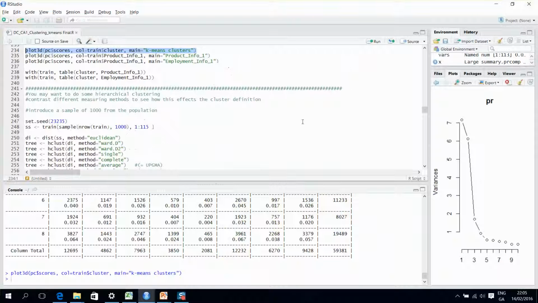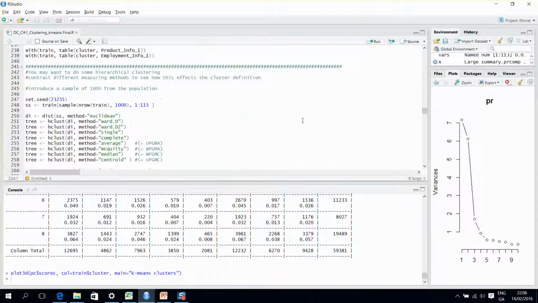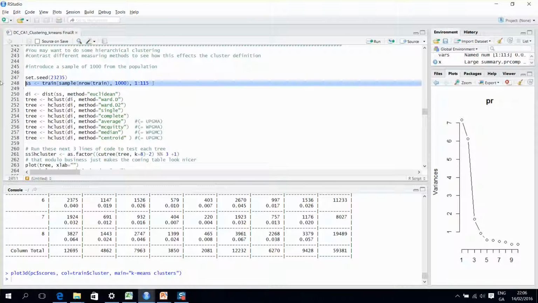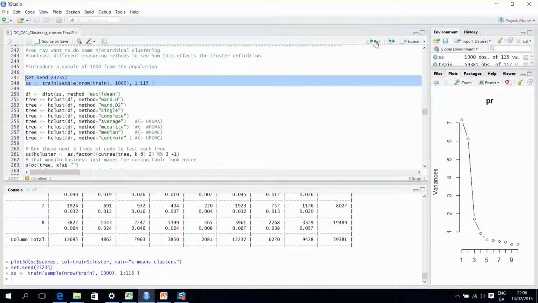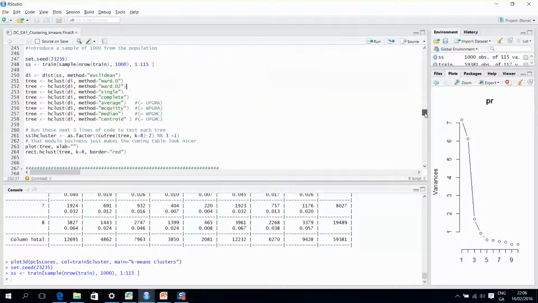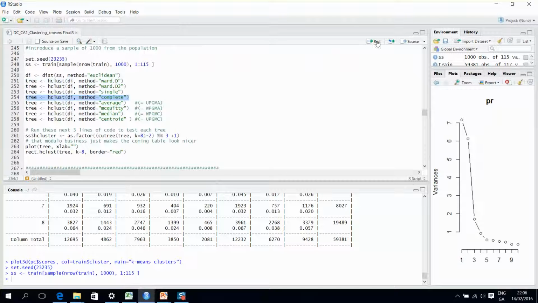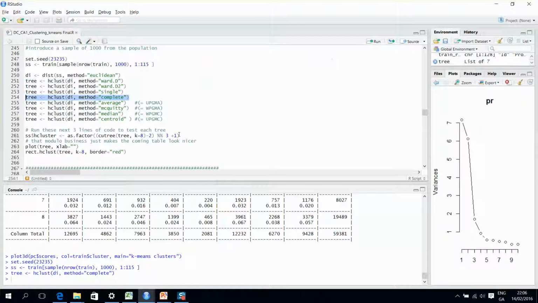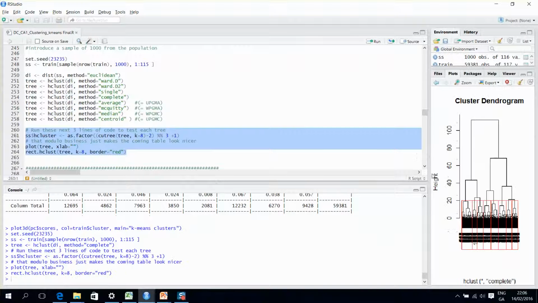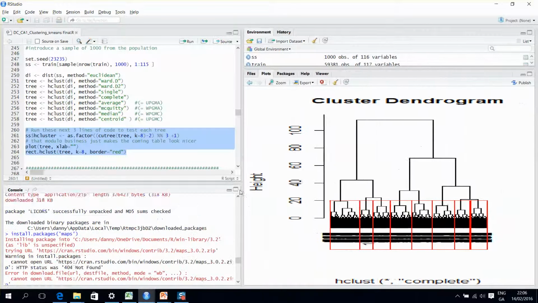Okay, so we move on and we'll have a look at some hierarchical clustering techniques, such as dendrograms, and with this we produce a sample of the data set, and we can introduce some different measuring techniques that are listed here. And so for our first example, we'll have a look at the complete measuring method and run that, and we can plot it here,